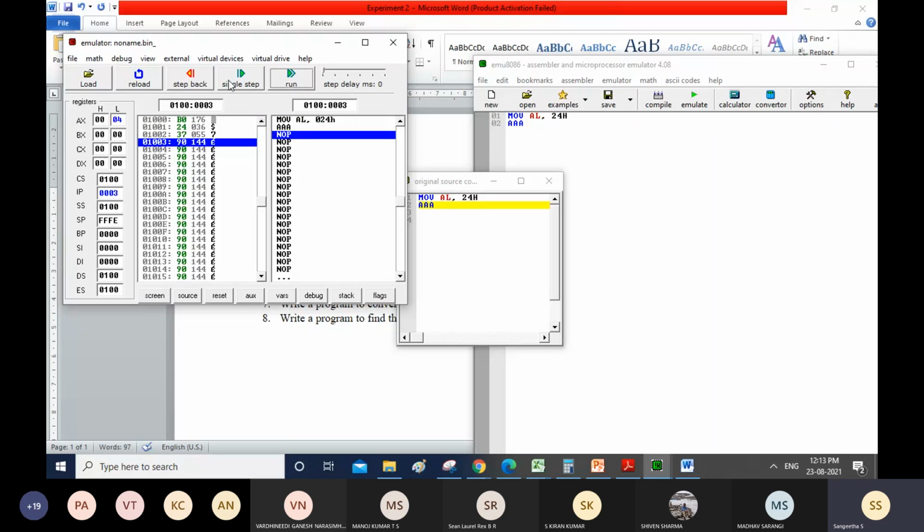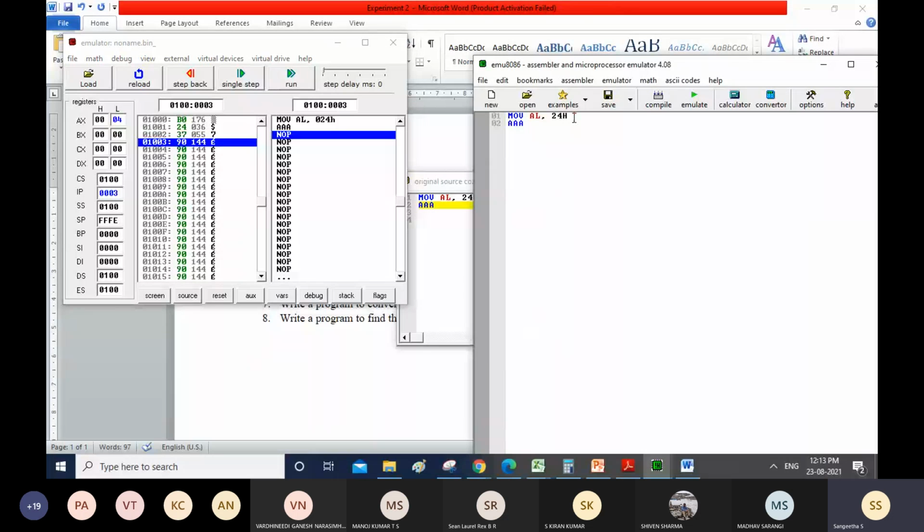Actually we moved 04 into AL, but it changes into unpacked format as 04 and the higher values are changed to 00. I have given this based on the move instruction, but in your program you have to add any two values and then use the AAA instruction.